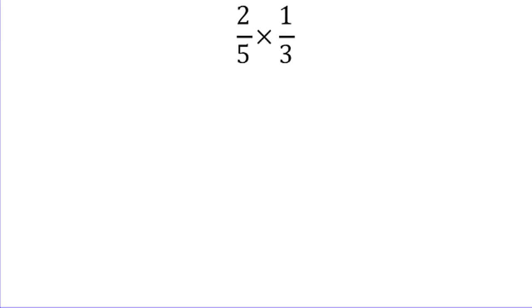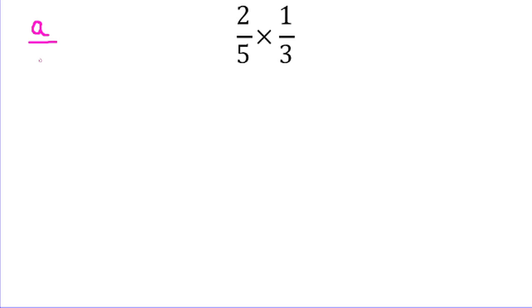In this video tutorial, what we're going to do is look at three different examples of multiplying fractions. Our first example here is asking us to find 2/5 times 1/3. And to do this, we're going to look at this one two different ways. The first thing we're going to do is explore an algorithm or a rule for multiplying